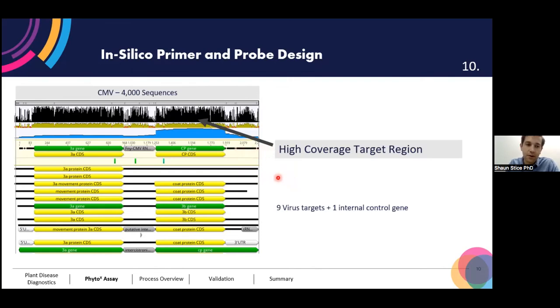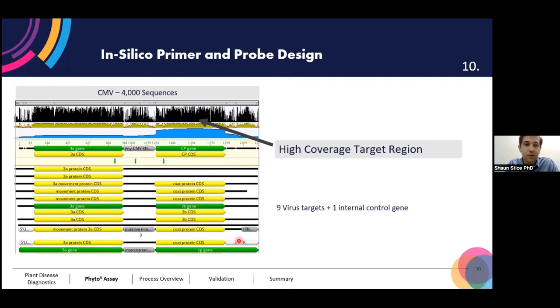This is an example of cucumber mosaic virus, for which there are 4,000 sequences available. However, with some of these other viruses, such as cannabis cryptic virus, there's not a ton of sequencing information available. And so that makes it a little bit more challenging to know if the test is going to work with every single strain. So it's important to, moving forward, especially within the cannabis community, if there are positive hits for any of these viruses, to hopefully publish them and submit them publicly to the NCBI so that everyone can improve